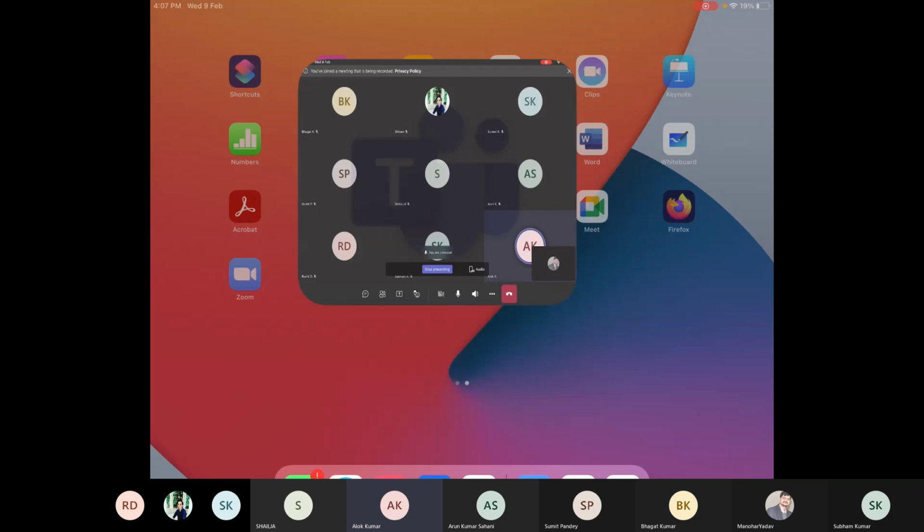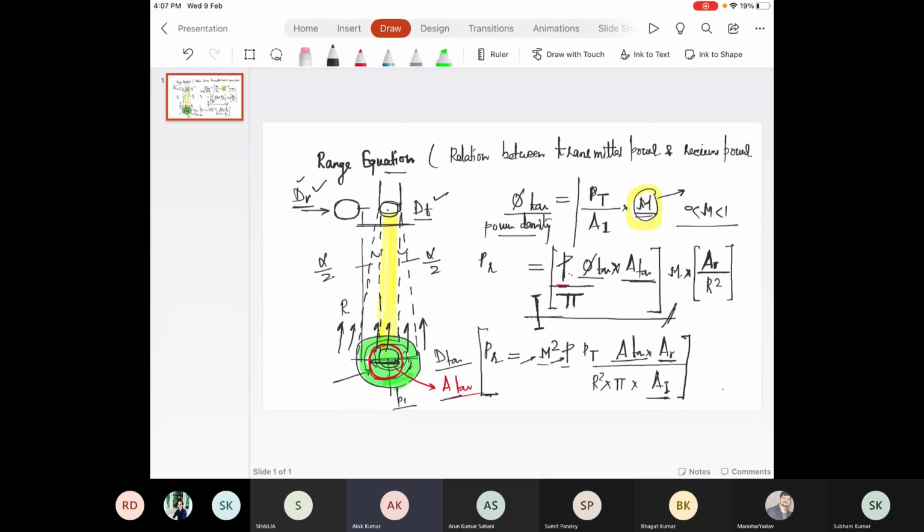सर डी टारगेट और इल्यूमिनेटेड डायमीटर को बराबर ले लें? You can take it equal. So in that case, this equation will be simplified. ओके सर। First solve it without taking them equal. Okay. Then you will get an expression. When you take equal, then in that case, this equation will be further simplified. Okay. यस सर।